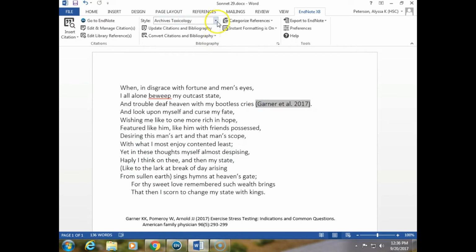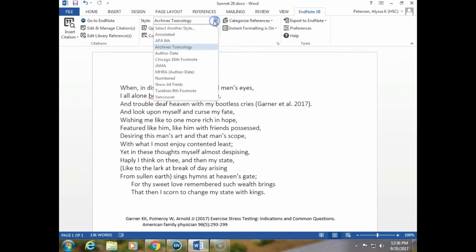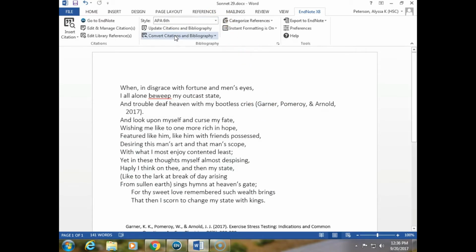So maybe we don't want to use Archives of Toxicology. It's okay, it's a really easy change. We'll just click APA, and you can see now that it's changed to include all 3 authors and our year for us, which is really nice. So we can insert another citation, maybe down here we've cited someone else, and maybe this is a direct quotation. So we'll add our quotation marks,